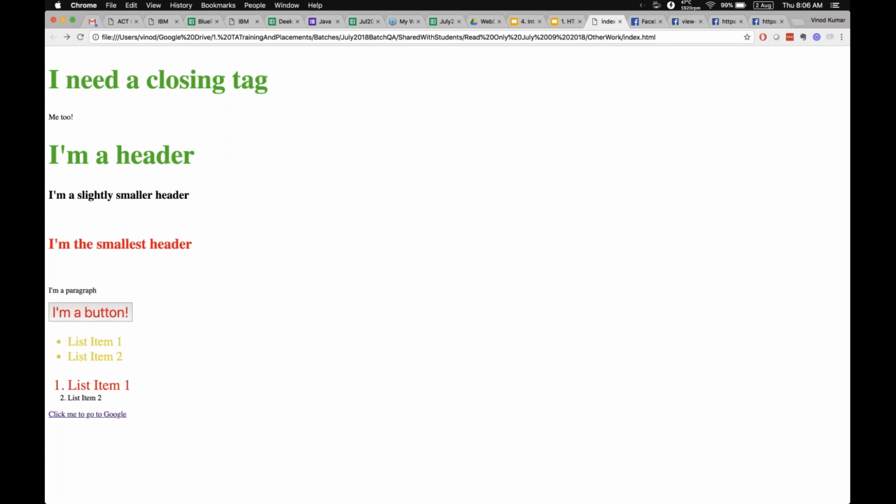Okay, all this you have to automate, right? So for example, if you want to click the button, you have to get hold of the button and then only you can click it, right? Now how do you get hold of the button? You can get hold of it by using tags, by using attributes, right? So you can say